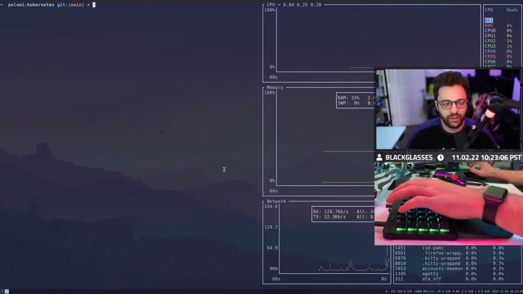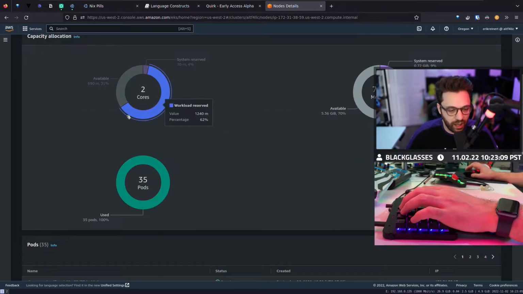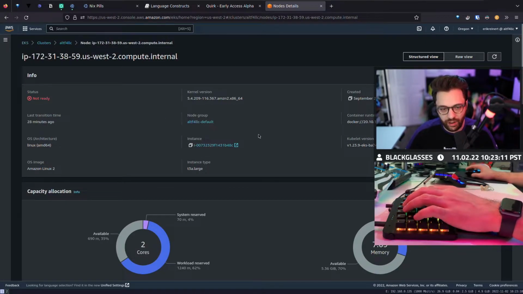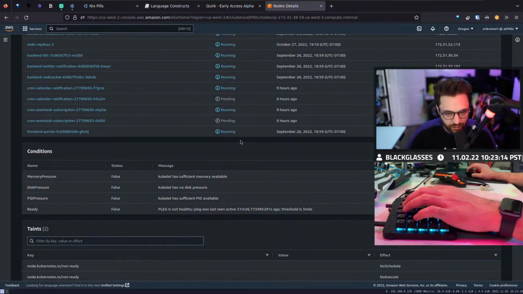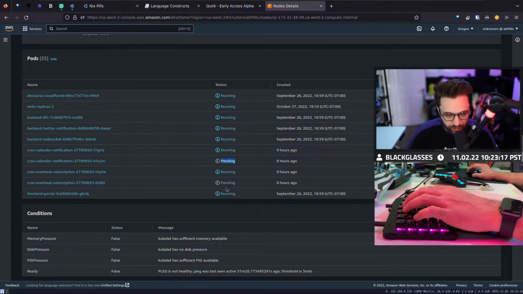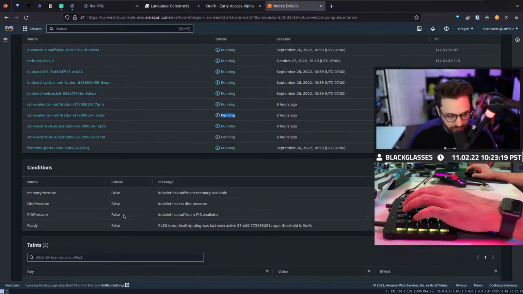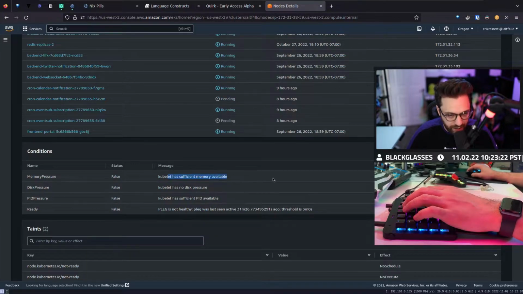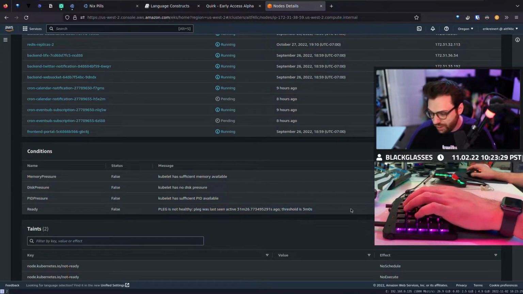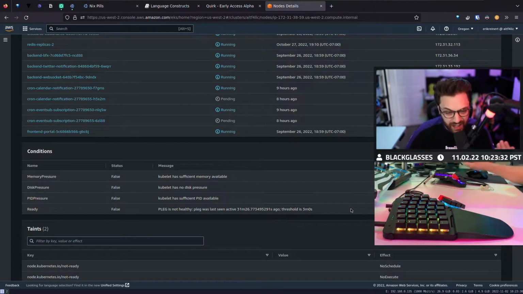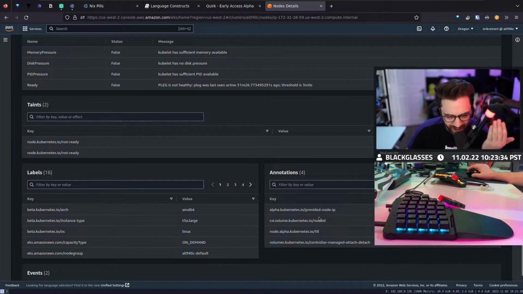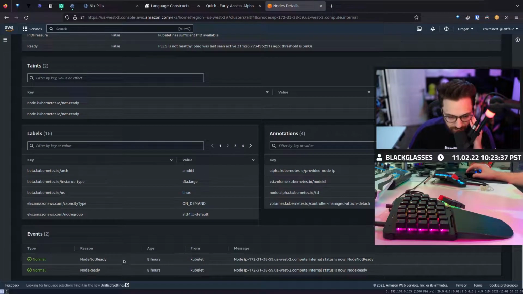I'm curious. That's interesting that this says not ready. Is there an error? I wonder if I could see an error in the... See, we've got 2 pending here. So status, memory pressure, false. We have sufficient memory. We don't have any disk pressure. 31 minutes ago. Oh, did it just literally die like 30 minutes ago? Oh, no, 8 hours. Okay. Node ready 8 hours ago, and then node not ready 8 hours ago. Okay, so it happened 8 hours ago.